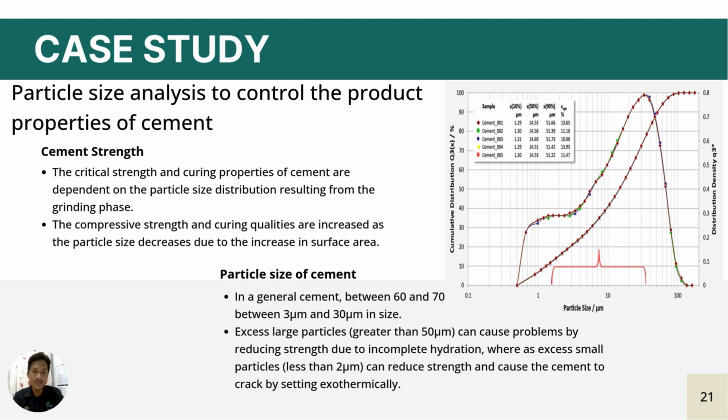In general, cement is between 3 micron and 30 micron in size. Excess large particles greater than 50 micron can cause problems by reducing strength due to incomplete hydration, whereas excess small particles, less than 2 micron, can reduce strength and can cause the cement to crack by setting exothermically. As we can see from the result here, the distribution of particle size within 3 to 30 micron is around 65